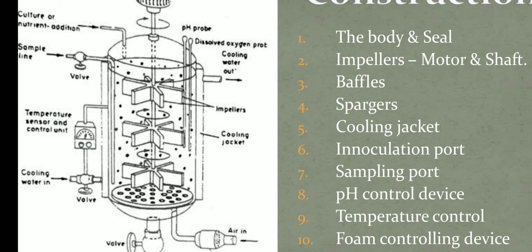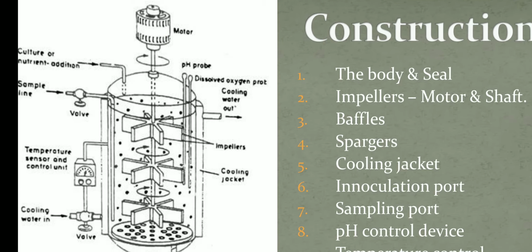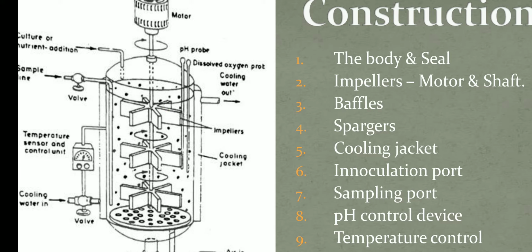So the agitation is brought about by the impellers. The impellers are connected to a motor. When the fermenter is on, the motor will help in the rotation of these impellers. As the impellers rotate, they will mix the contents in the fermenter. The objective of the impellers is proper mixing. When there is proper mixing, a uniform environment is created. So therefore all the cells suspended in the nutrient medium will get proper nutrition and aeration during the mixing of the contents inside the fermenter.